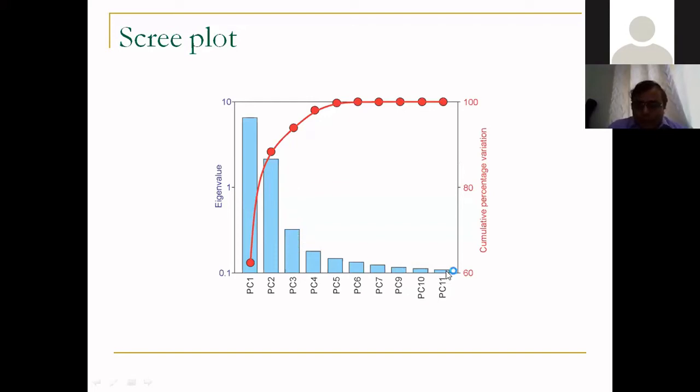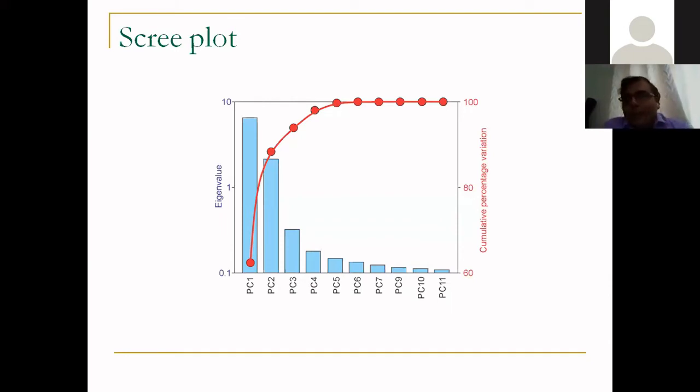If you look at the remaining principal components, they are also explaining the data, but not as much. So once you do a principal component analysis, you don't actually have to look at all principal components. You can just look at the first two, and the first two itself explains 85% of the data. So you don't have to look at the remaining principal components. The beauty of this method is, even though it produces a lot of principal components, the remaining principal components account for very little variation in the data, so the first two or three are enough to look at most of the variation in the data.